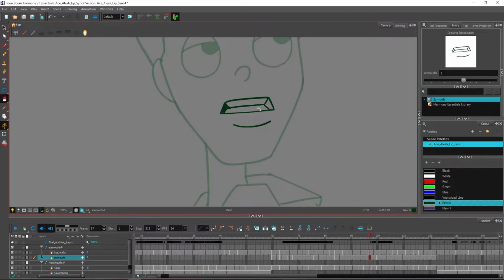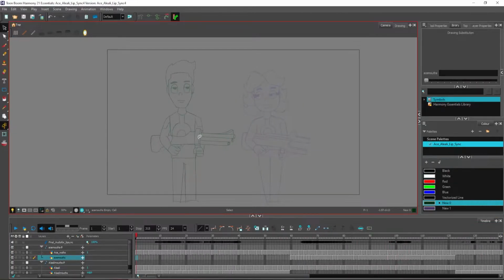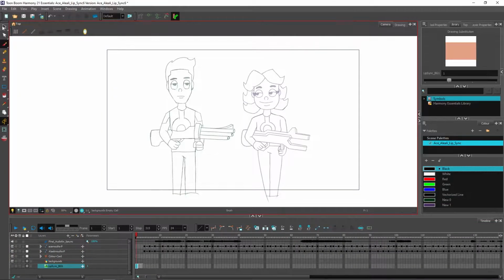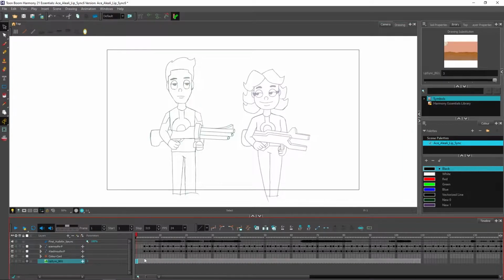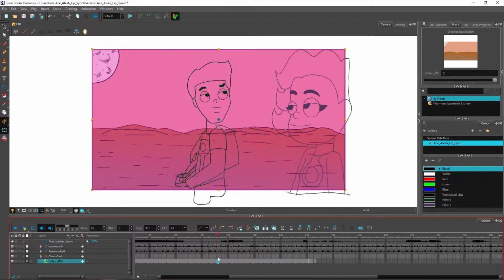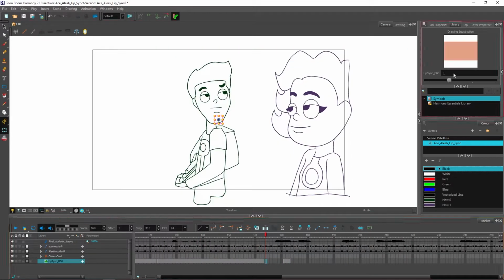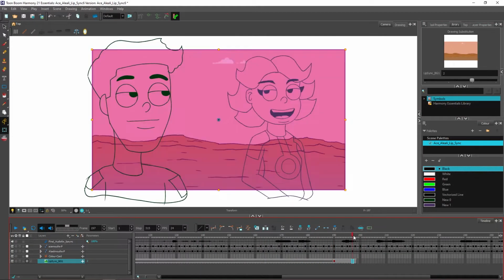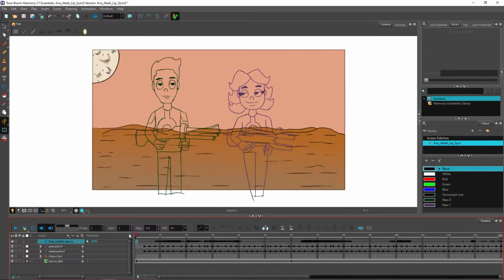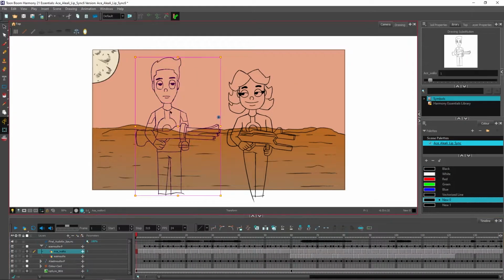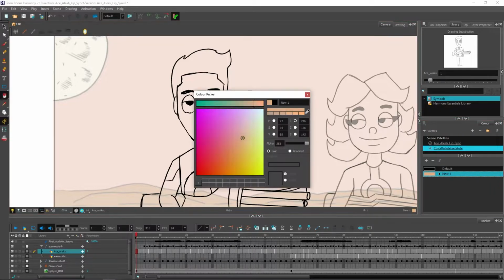For example, I don't like the look of the weapons they're holding. They don't look right. I just don't like it. They look poorly drawn, unrefined, and in the last shot, I feel like I made the character's neck way too long. So that's what I would change if I could go back and do this,